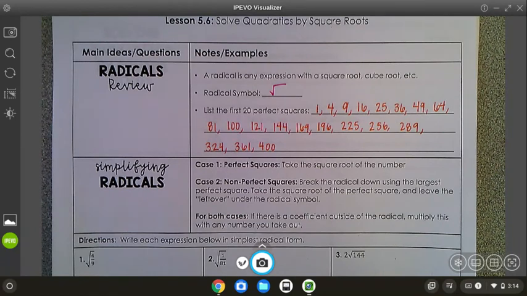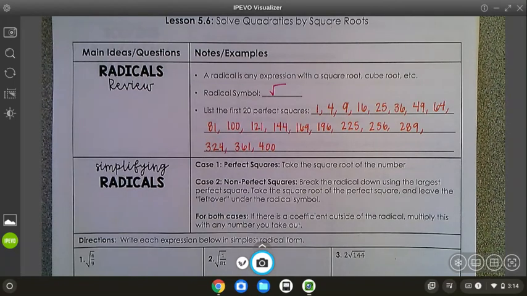You should have 1, 4, 9, 16, 25, 36, 49, 64, 81, 100, 121, 144, 169, 196, 225, 256, 289,